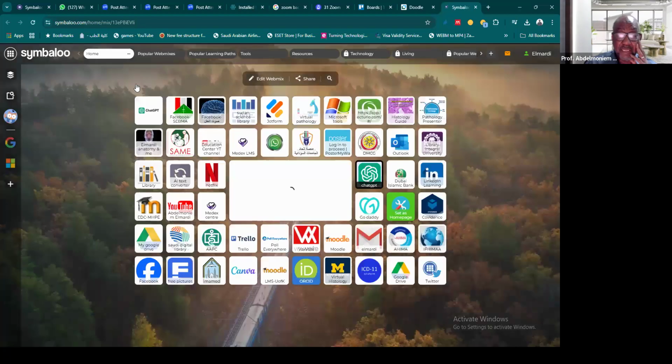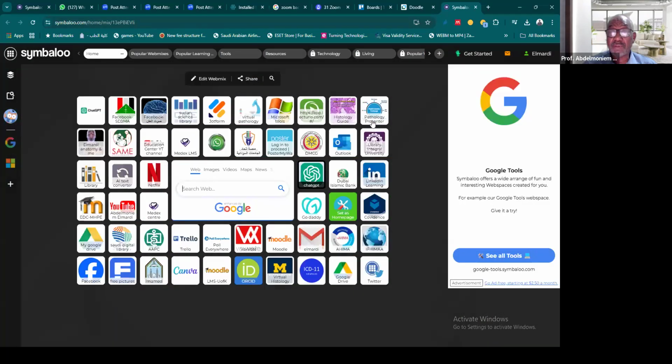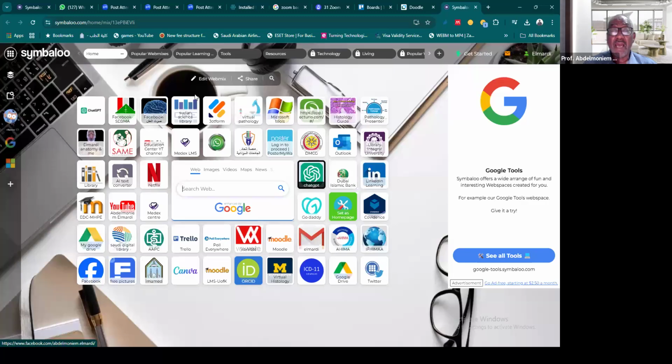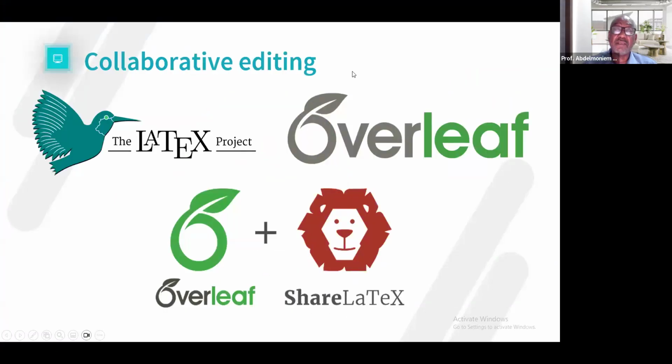You have an account, and as you can see, when I started Symbalo, I have all the websites that I usually access. I put them in one organization tool, and from there I can access my WhatsApp, websites, my email, ChatGPT, I can go into my bank. So this is a third tool which is in existence, and AI is being introduced into this beautiful tool. So what I wanted to say, there are tools which are already there, but AI is being introduced. These I'm going to revisit again.